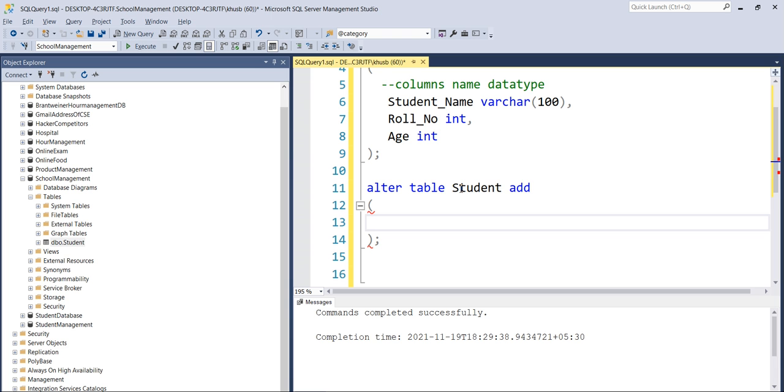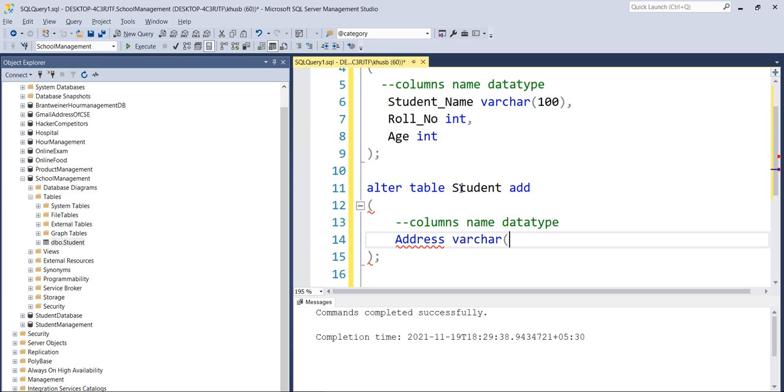and the columns which you want to add, you need to specify that again in the form of column name and their data type. So I can add one column at a time, or I can add more than one column. So let's say I want only address to be added to this student table, address, and then the data type of the address, and let's say define as 500 characters.